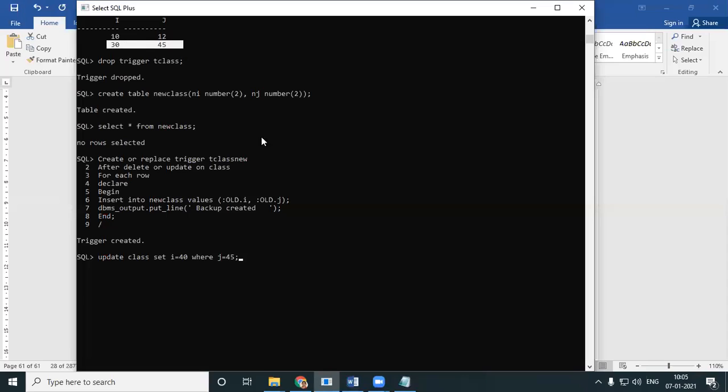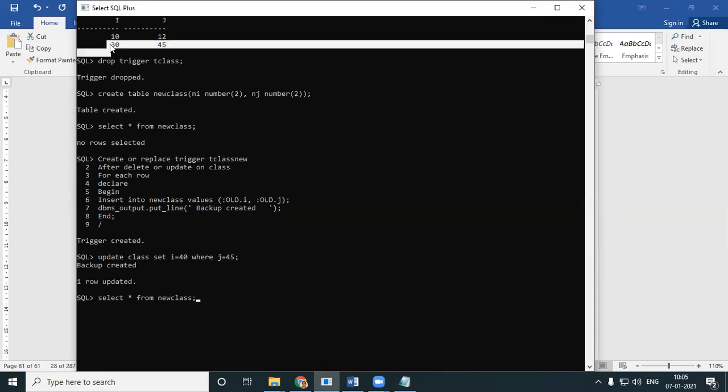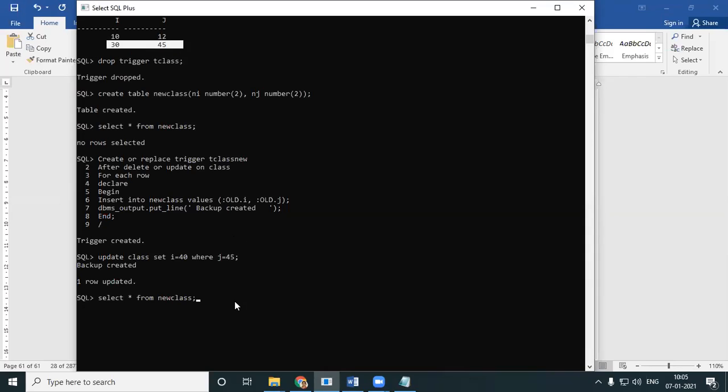So 30, 45 is going to be 40, 45. I'll hit enter. They're telling me backup created. Let's see whether the backup is created. Select star from new class. In my new class, the old values 30, 45 should have gone. Yeah, in my new table, NI, NJ, I do now have a 30 and a 45.